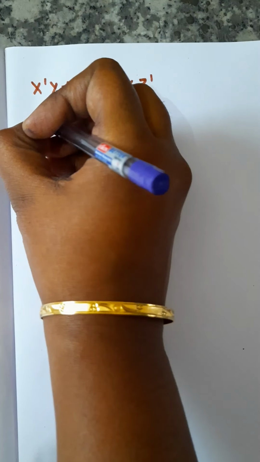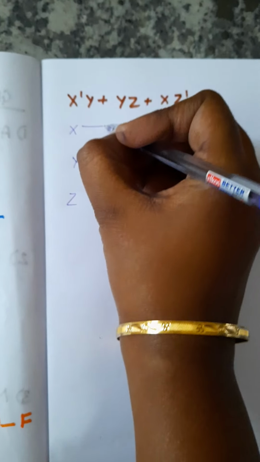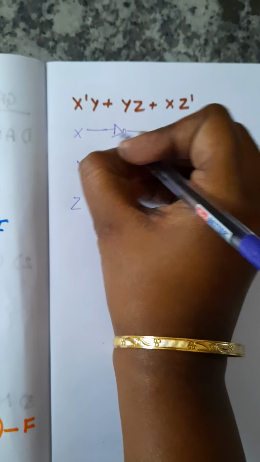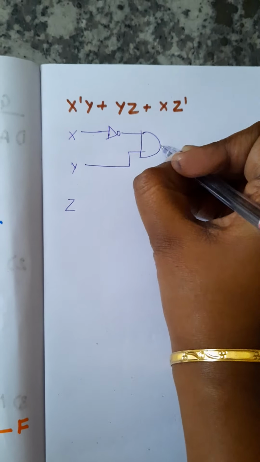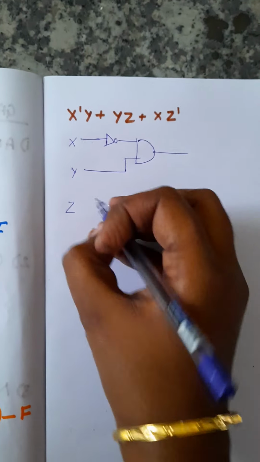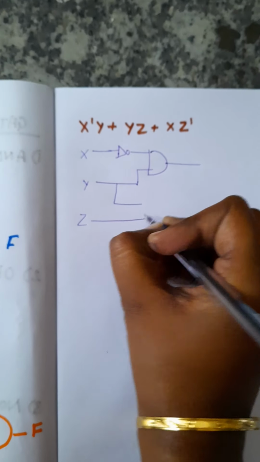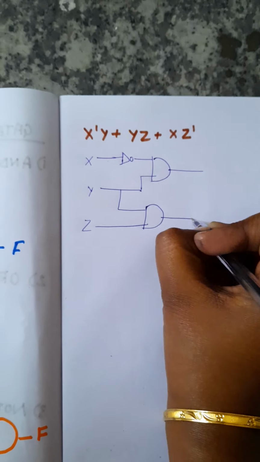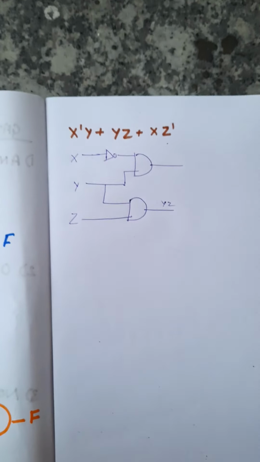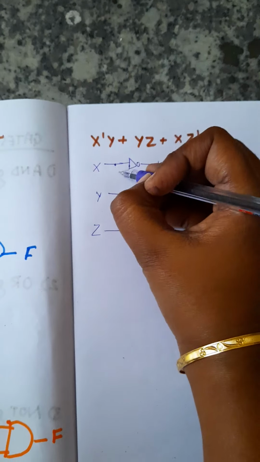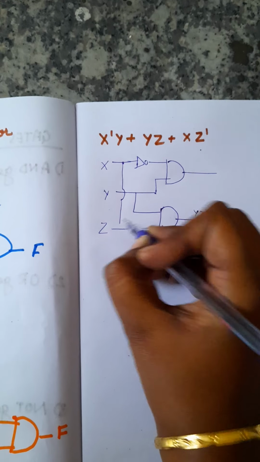Again we'll take the three inputs, x, y, z. We'll put x dash y. So this is x dash, this is y. We multiply both, and we get x dash y. Then we have to get y z. So we'll take y, take z, and put them to the AND gate, so we get yz here. Now what is left is x and z dash. So how to take x now? We'll start from here without overlapping. We can write like this, and you can also draw it straight; that would not go wrong.